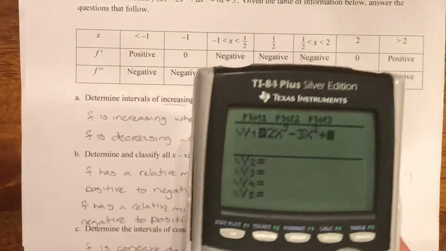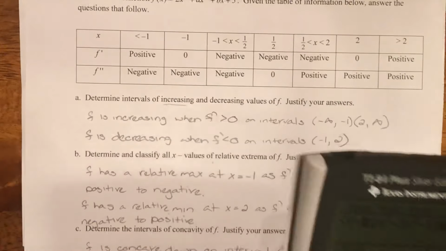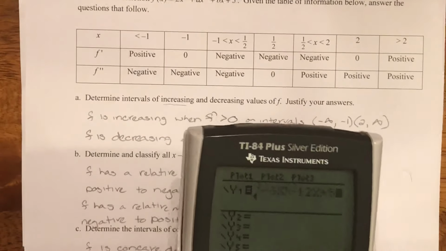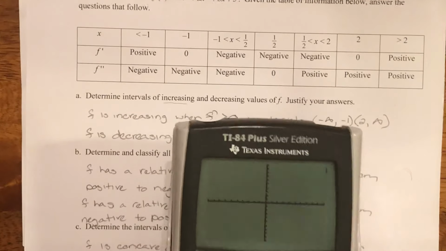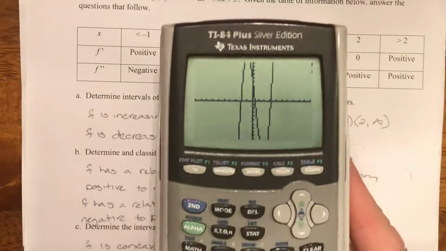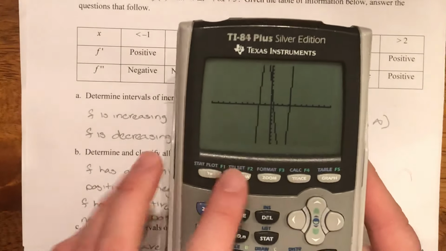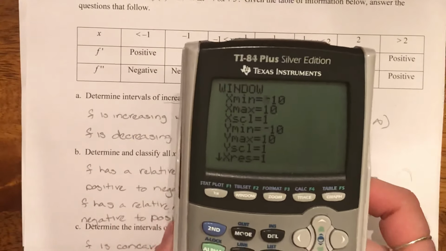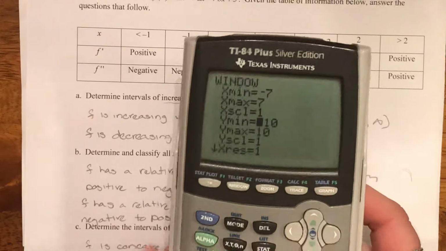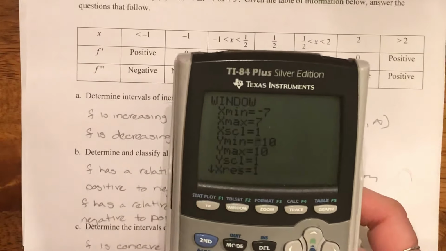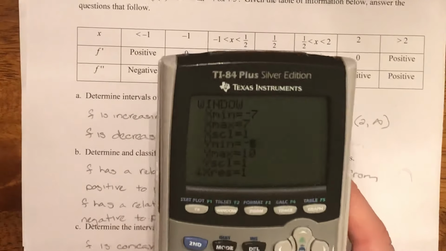Plus bx, b was -12. And then if I graph it, I'm going to put this in a standard window. I push zoom 6. And I can't quite see, so I'm going to go up a little bit more. My x, I'm going to go like -7 to 7, because it doesn't look like I used all of that. My x min and max, I'm going to increase a little bit, so